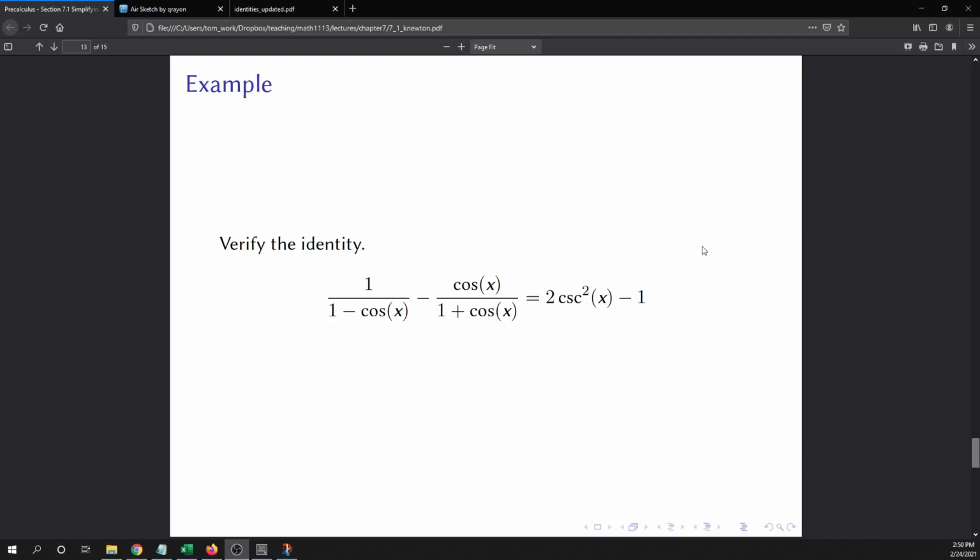All right, in this video, we are going to verify the following identity. It is 1 divided by the quantity 1 minus cosine x, minus 1 divided by the quantity 1 plus cosine x, equals 2 cosecant squared x minus 1. Okay, so